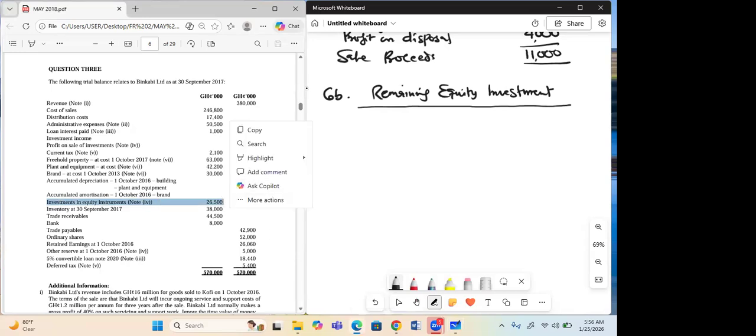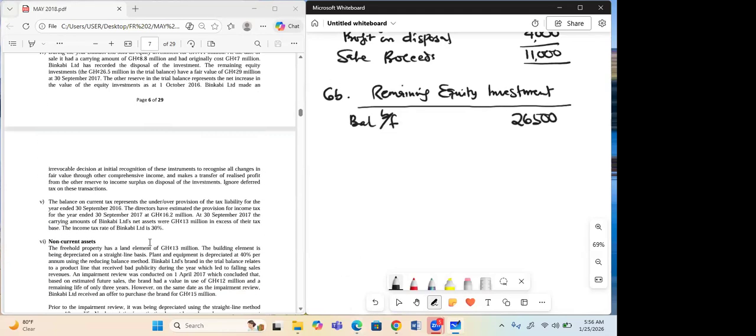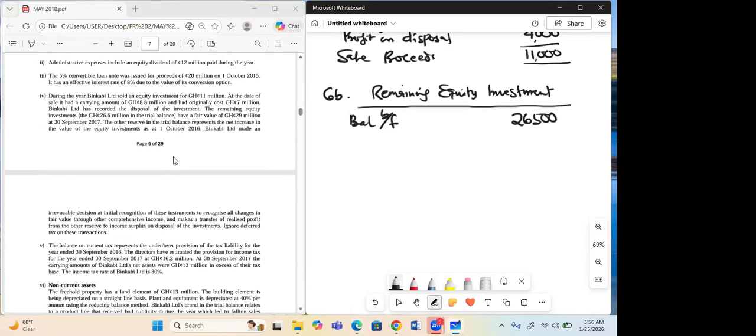The debit side. So they are telling you that the remaining one has a balance of 26.5, 26,500. And they are saying that for the one that is remaining, its fair value is, let's look at it. He said the fair value is now 29 million. Can you see? Yes, sir. So if I compare it to the fair value